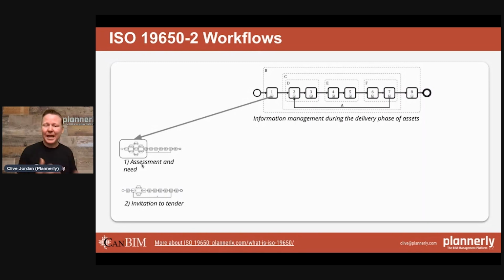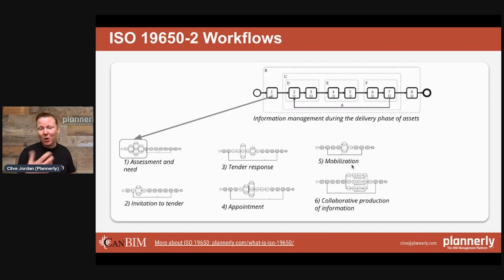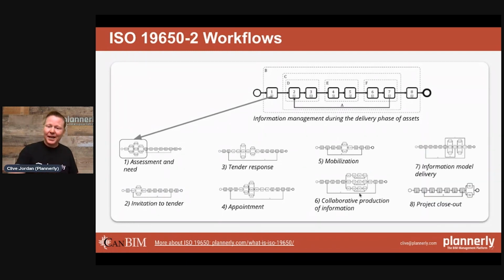What does the owner care about from an organization and project basis, and what needs to be exchanged? We go out with a tender, and there's a response to that tender. Somebody gets appointed. They mobilize. There's a structured way to mobilize. There are collaborative loops of information production and approvals, and then delivery and closeout, and learning from that, lessons learned.